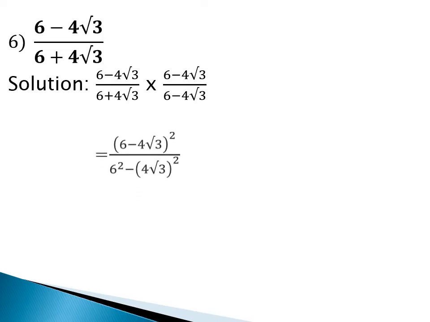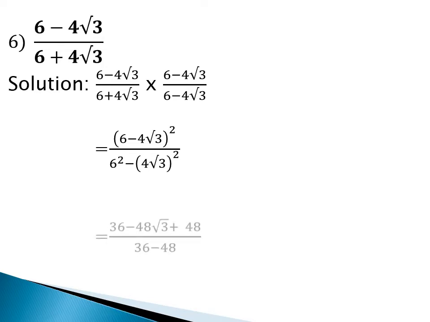Now we have to see the numerator, because compared to the last sum this is a little bit difficult, but it is easy only because we learned all the identities last year. What is the numerator term? 6 minus 4 root 3 and 6 minus 4 root 3. Multiplication rule is numerator into numerator. So 6 minus 4 root 3 is repeated 2 times. That means 6 minus 4 root 3 whole square, or we can say it is in the form a minus b whole square. The denominator, if you see, the same rule, a plus b into a minus b, so we are writing a square minus b square.